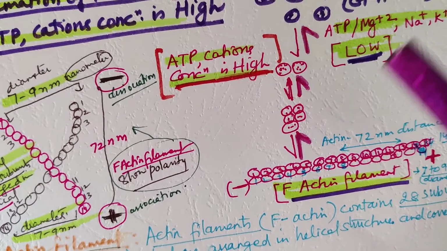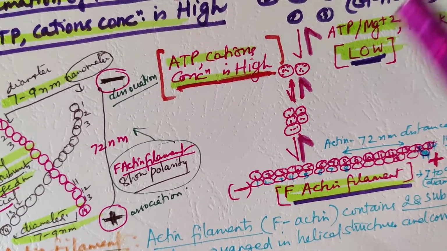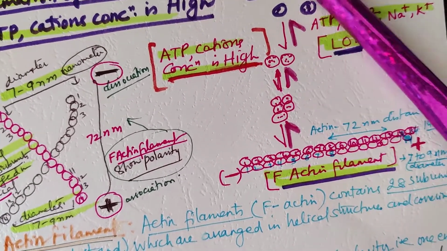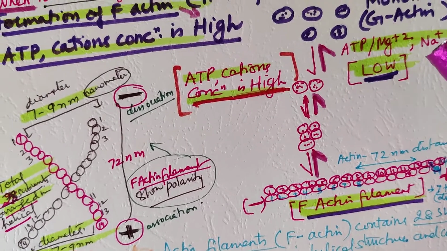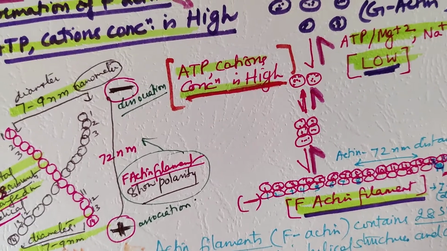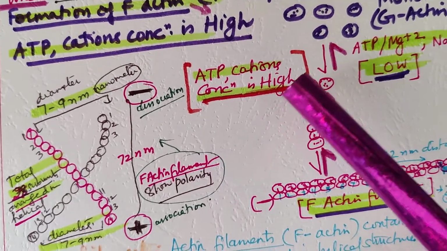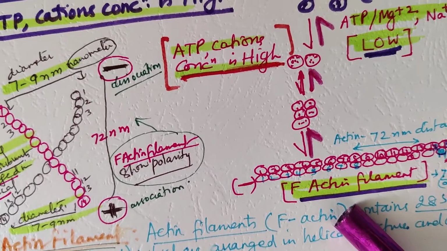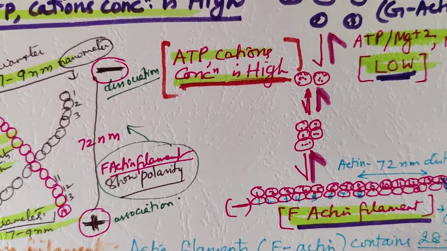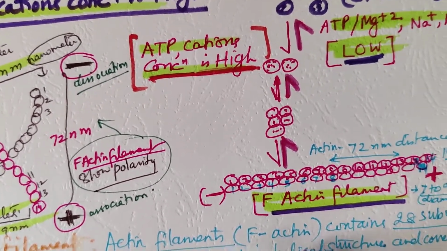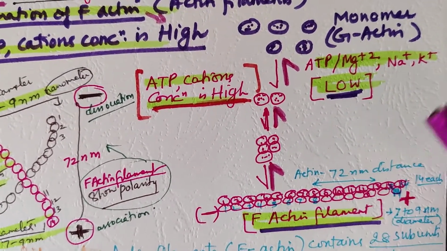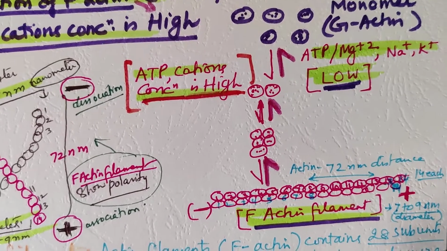The arrows are showing it can go from the monomer form of G-actin to filamentous actin, and F-actin can turn into monomer G-actin when the concentration is low. The pink arrow is going up. When ATP and cation concentration is high, then F-actin will be formed in the solution. What is the difference between the monomers which are attached? Nearly 14 monomers get attached in a linear form of G-actin to form an F-actin filament.